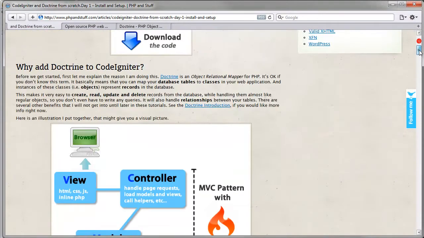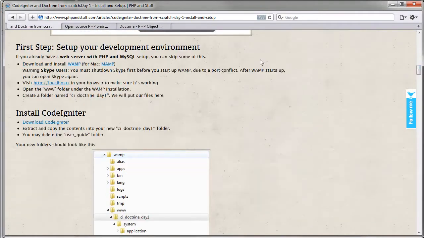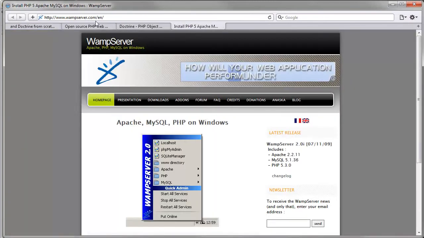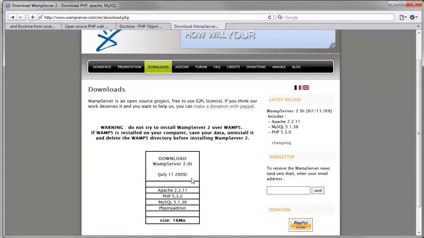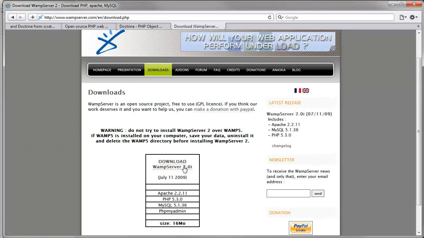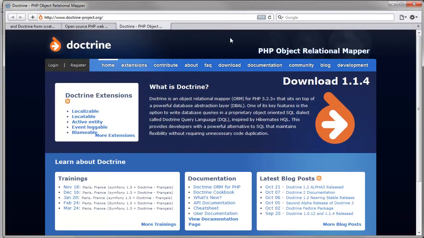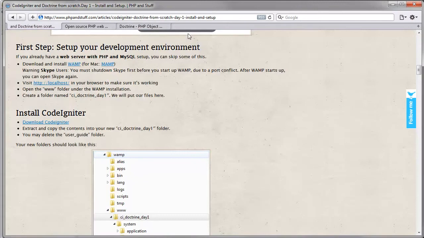So first thing we're going to do is make sure we have a web server. And I recommend using a local web server on your machine. And if you're a Windows user, just download WAMP. I put a link here. If you go to wampserver.com and go to downloads and install, it's a simple application. Just install and it comes with Apache, PHP, and MySQL all in one package. Once you've done that, you can go to localhost in your browser and you should be able to see your